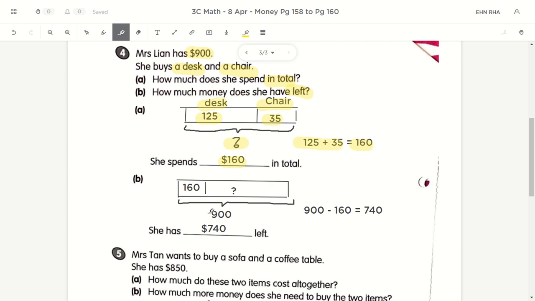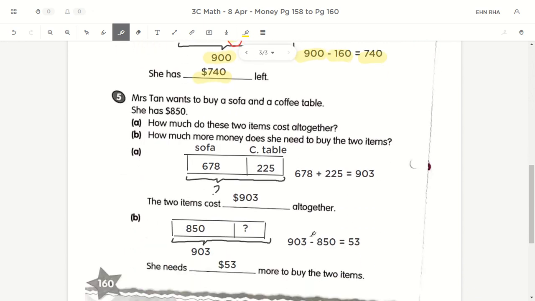Okay, but now I have $900 in my pocket because that's what I have at the start. I spent $160. How much am I left? So in order to find this question mark, all I need to do is to use my total amount of money minus away how much I spent, which will give me how much I am left. So 900 minus 160 gives you 740. So it's exactly the same as what we see in question 3. Alright. So next,